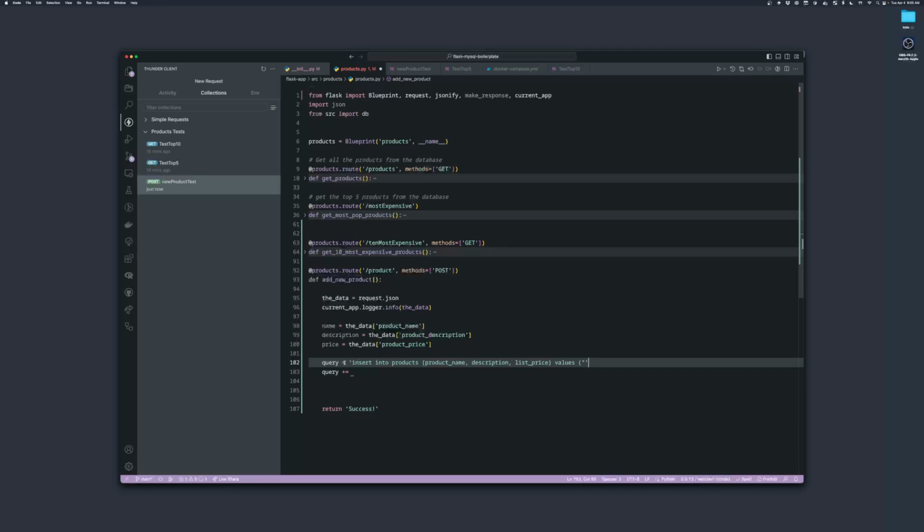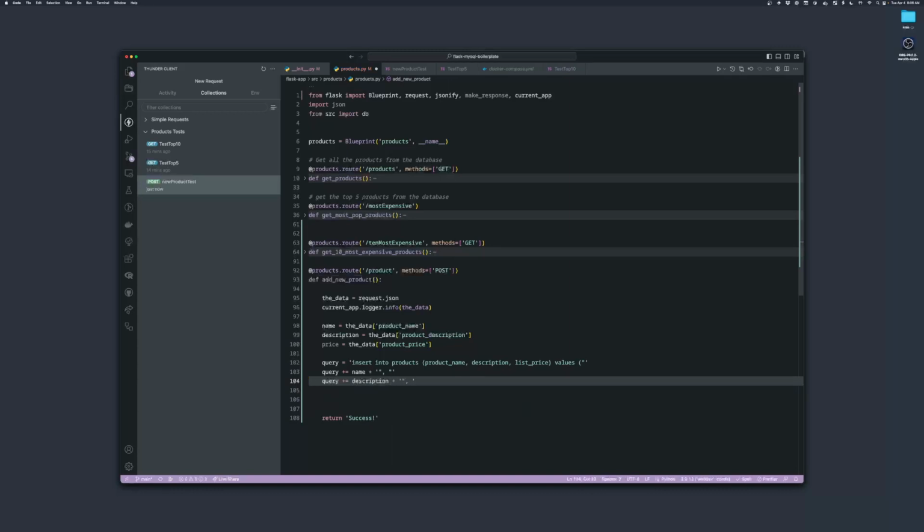the single quotes are enclosing the string, and if I use single quotes, then I can have double quotes inside of them. So the double quote, so we're going to have values, and then we want to put the name of the product. Okay, and then to that, we want to add basically the closing quote. So single quote, closing quote, then we need a comma, then we need another opening quote for the description, query plus equals description